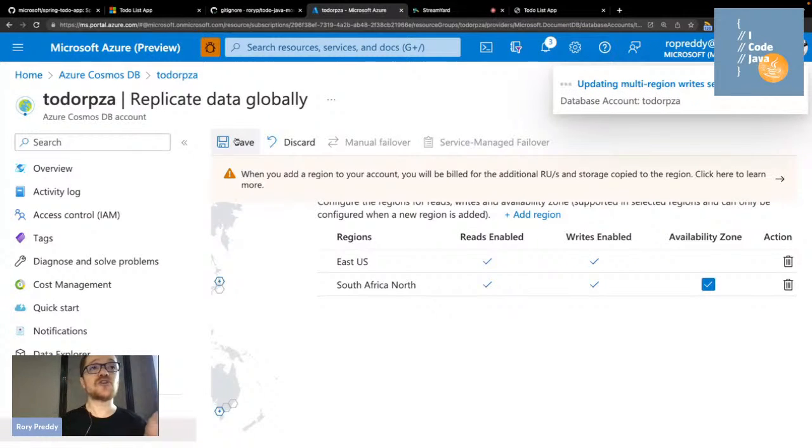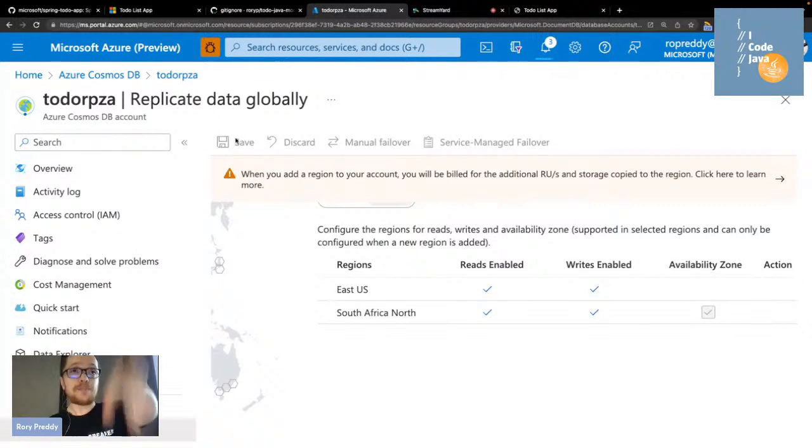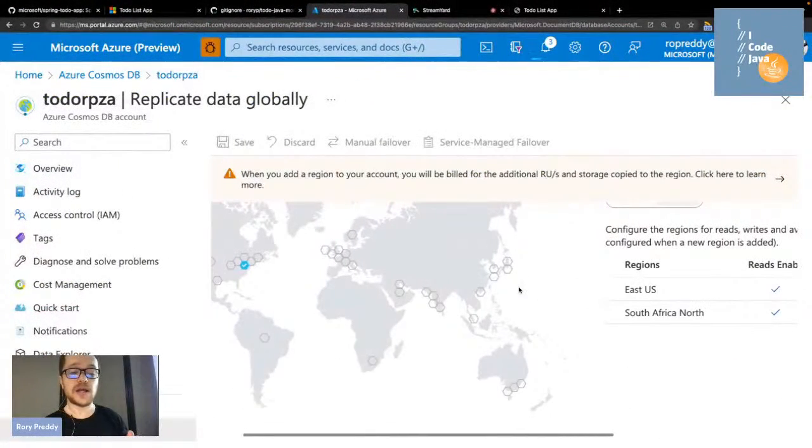Now my application, I've got not only availability zones, so we've got Cape Town and South Africa each have availability zones, but I've also got the East US data replicating with also reads enabled and writes enabled in my database there. So when I push my to-do application with my to-dos, buy milk, and wash car, it is so dirty. You can actually go through that, and let's actually test it there when we come back there.